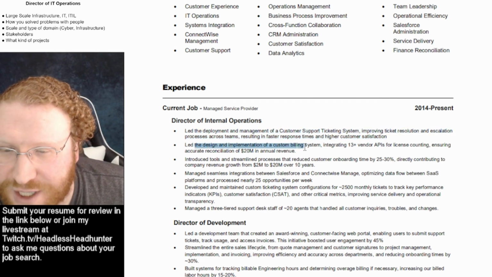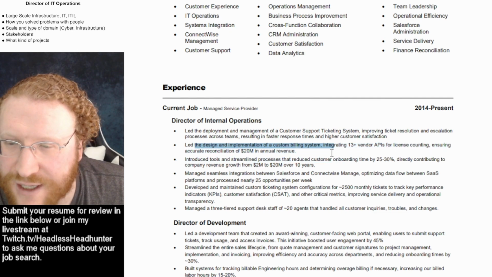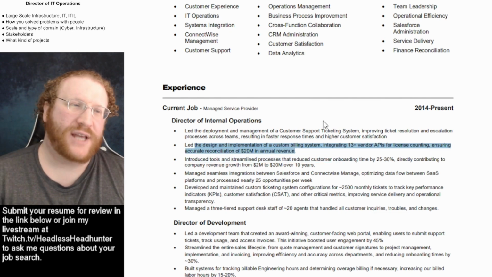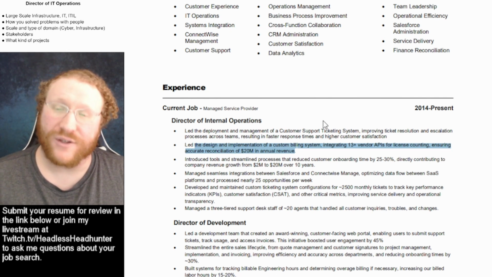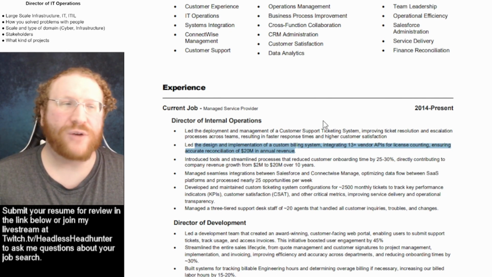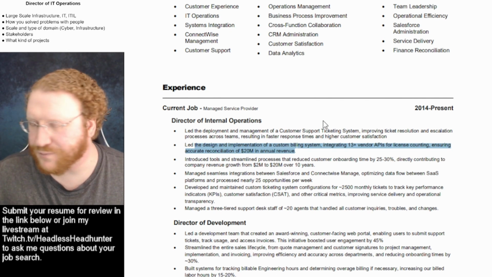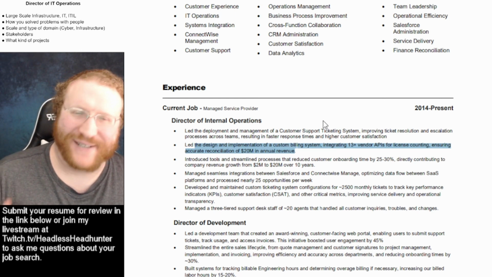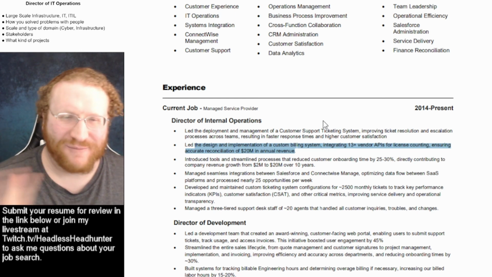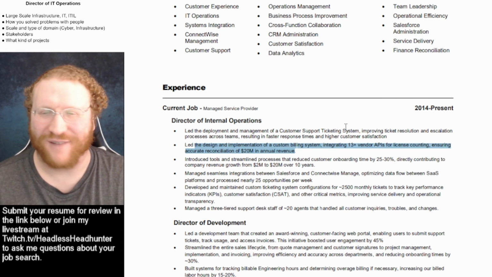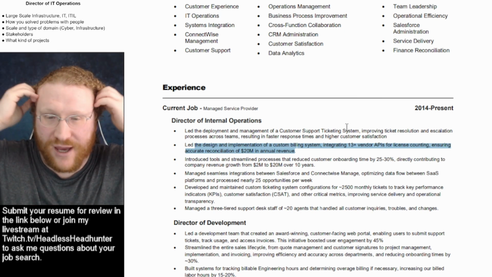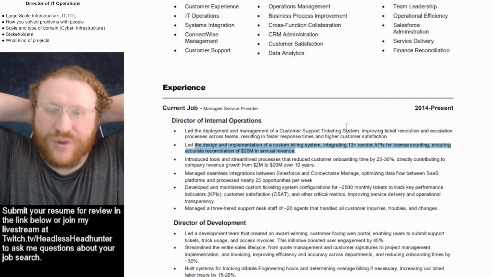Led the design and implementation of custom billing system. This is okay, but again, how long did this take you? What was the size? In fact, that's also something I need to know. I got no sleep last night, so I'm trying to formulate this correctly, and management resumes are very tough, especially this high. But I think overall what I'm seeing here is you do tell me what the project